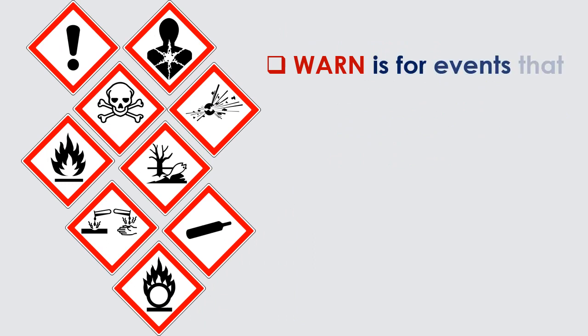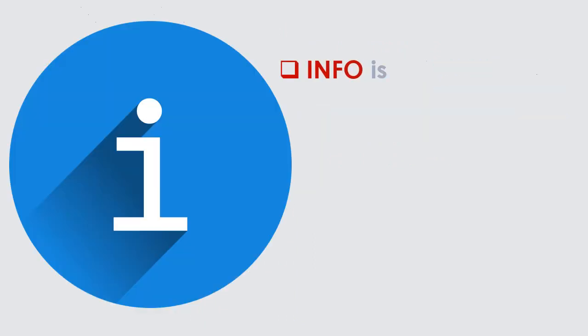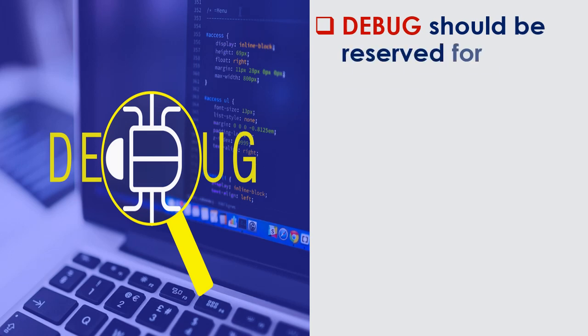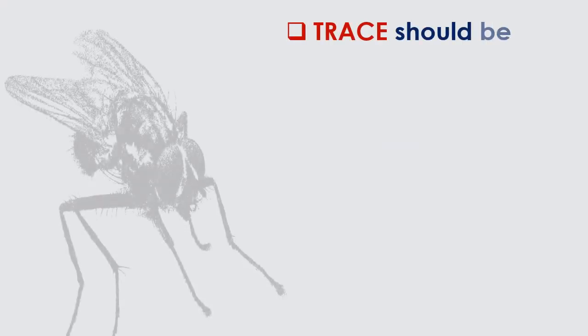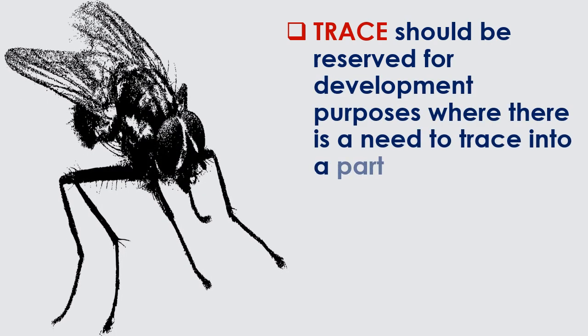Warn is for events that may cause unusual application behavior. Info is any useful information about the system to be logged. Debug should be reserved for development purposes to improve the code. Trace should be reserved for development purposes where there is a need to trace into a part of a function's